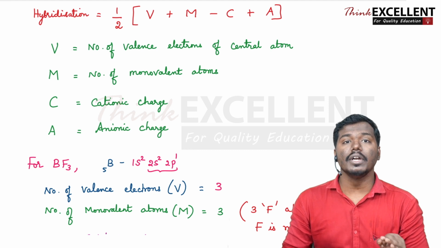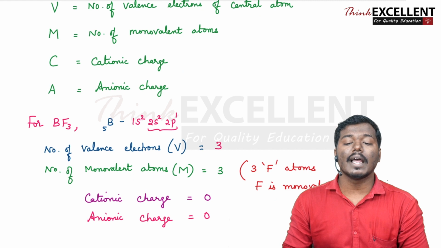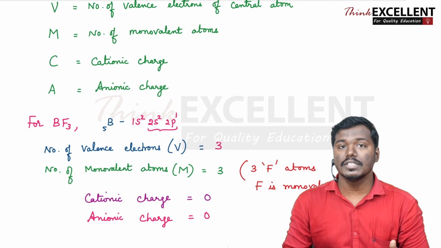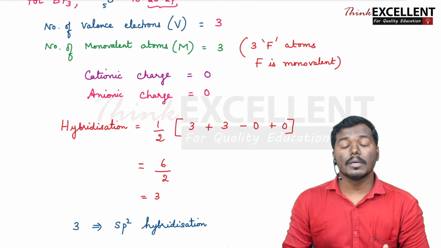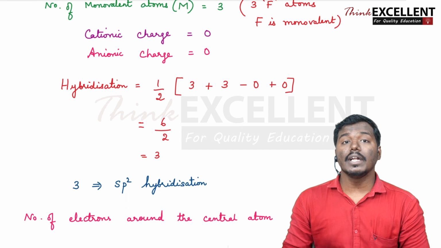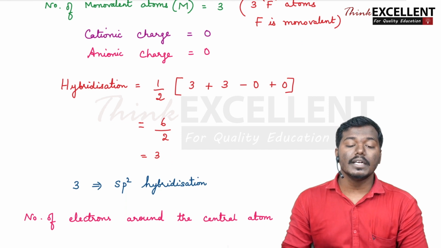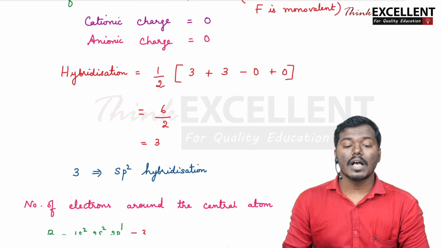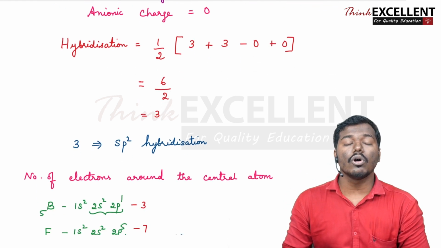So since there are 3 fluorines, the number of monovalent atoms is 3. So BF3 is not a cation as well as it is not an anion. So both the charges are 0. So when you substitute the values you will get 3. So that number 3 denotes that it is sp2 hybridized. Okay. And the other one that is asked is the number of electrons around the